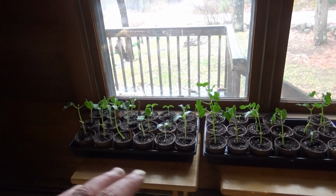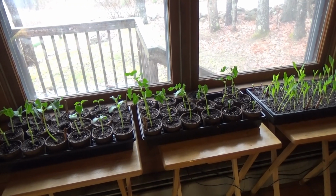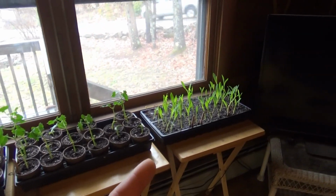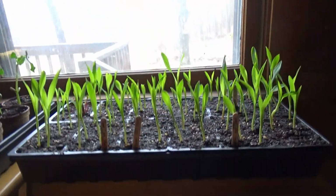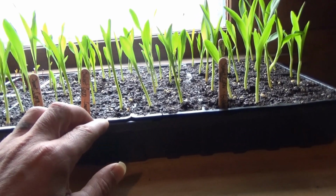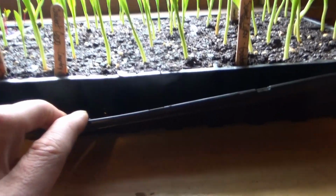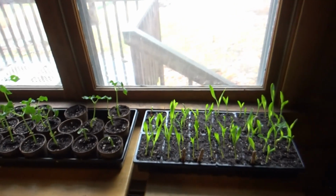So after I had stepped these up into the bigger pots, because they were just getting too big for the seed trays, obviously, like even that corn is out of control. Let's see if I can show you this. It's kind of nuts. If you look at the bottom of the tray, the roots on these things, especially the tap roots, are just out of control in there. I don't know if you can see that, but I sure can. They're just all up below there. So yeah, once I stepped all that up,